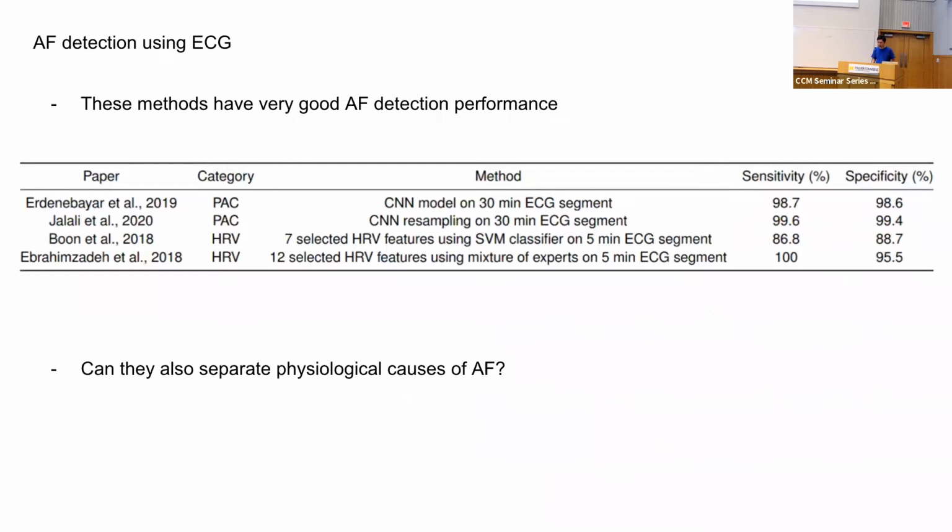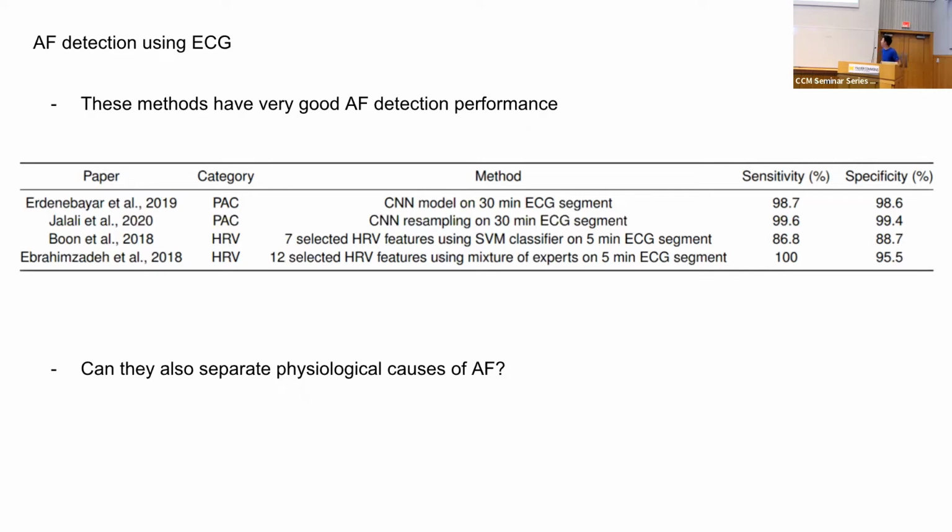So we can see that these methods have very good atrial fibrillation performance on publicly available data sets. Recent papers have reached very high performance on some of these test data sets, where using powerful models like CNNs or HRV features, they can achieve really high performance metrics in sensitivity and specificity. However,